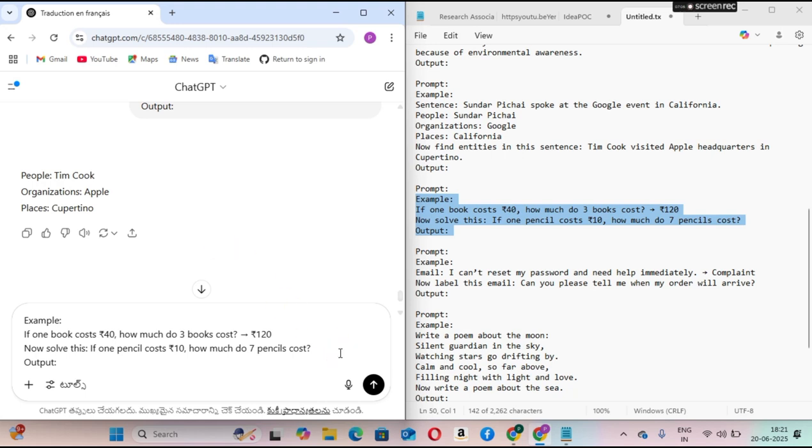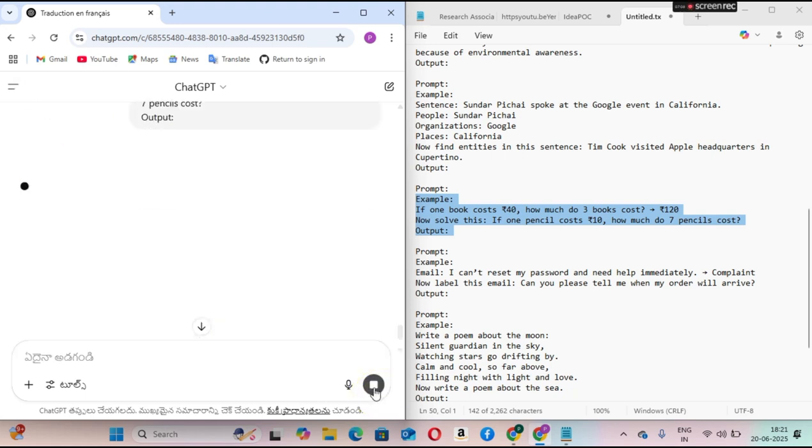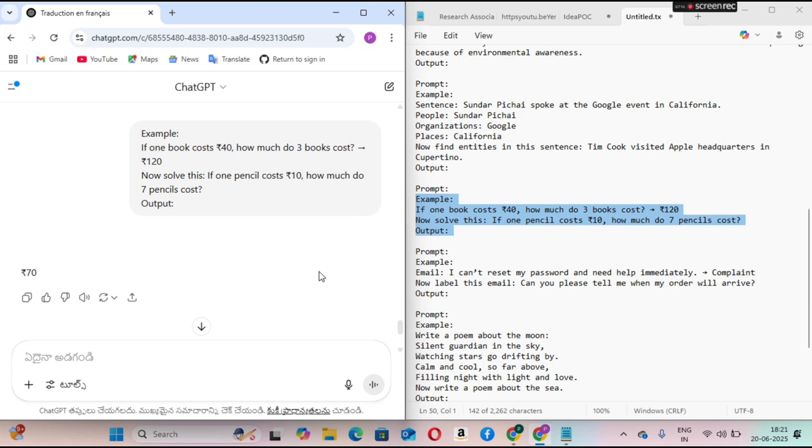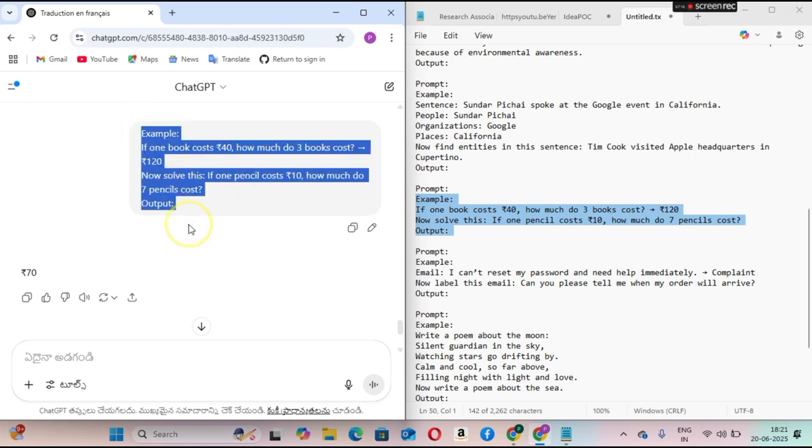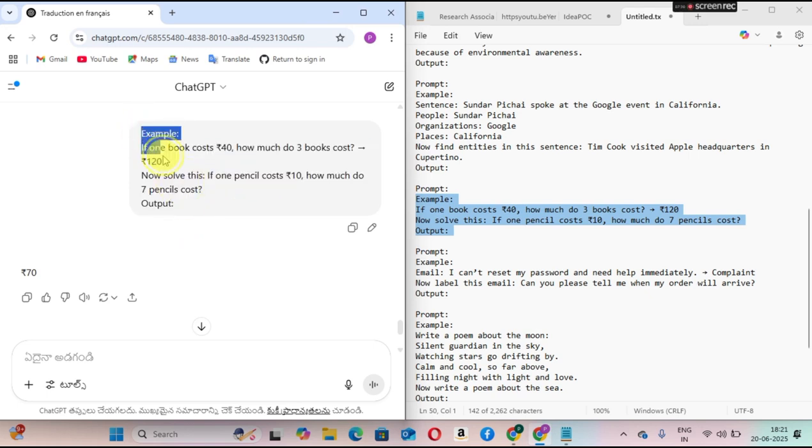Now let's do a simple math problem using one shot prompting. So we will show one solved problem and then give a similar one to solve. So here is our complete prompt, which contains example, instruction, and input. So under example: if one book costs 40 rupees, how much do three books cost? We gave 120. And also we gave